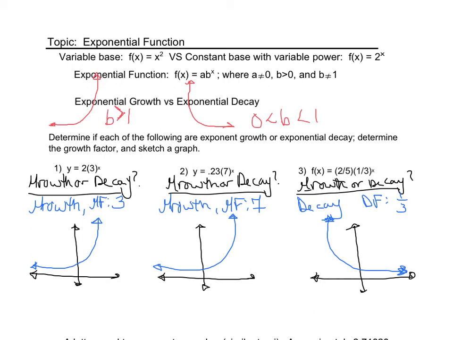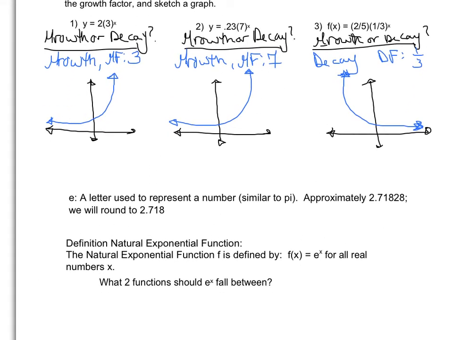One other thing we need to look at is what we call E. E is going to be a letter that's going to be used to represent a number. It's very similar to pi. Pi represents 3.14. E is going to represent 2.718. We use E to write a very special exponential function. It's called the natural exponential function, and it is defined by saying f of x equals e to the x. And again, notice I have that numerical base, and I have that variable for an